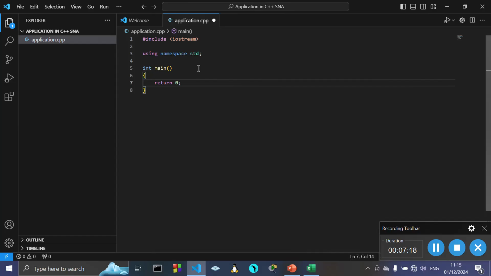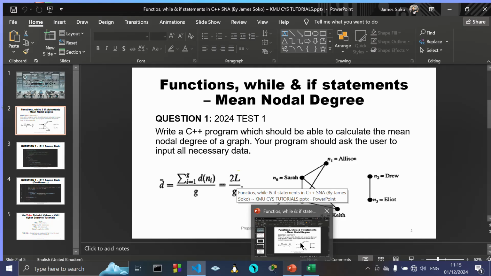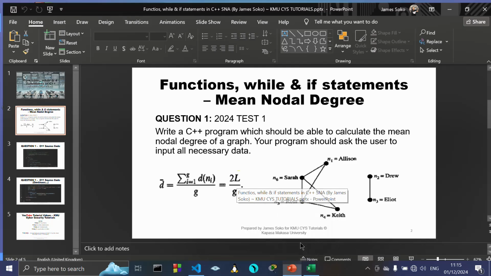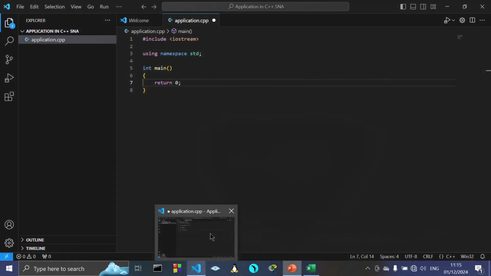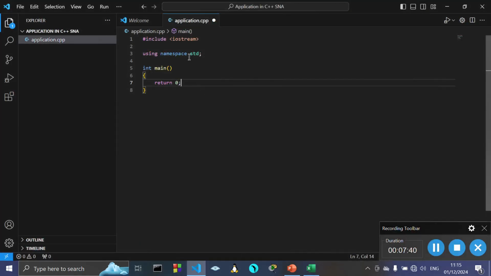So remember, if you look at the question again, we are given this formula for mean nodal degree. First thing, we need to create a function which will have this formula. So we come back here, and we said we can put the function in between using namespace and the int main. I'll give a comment to say formula for